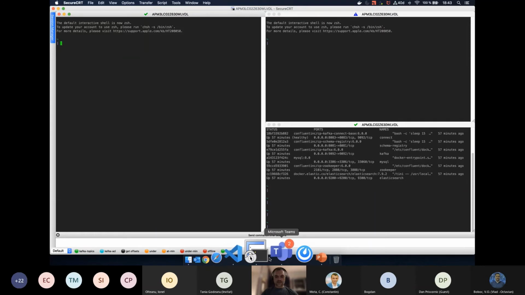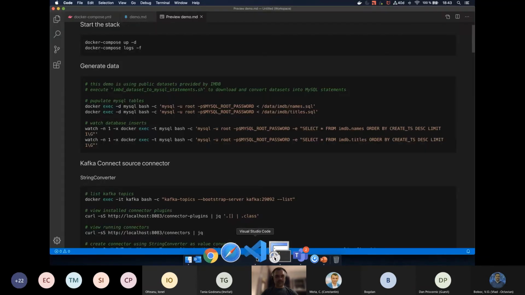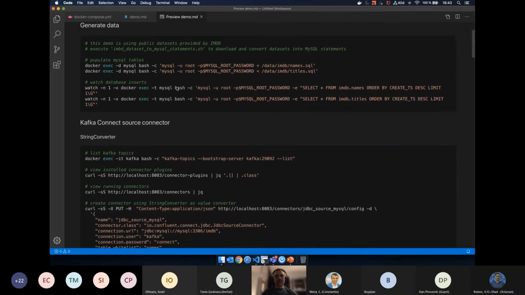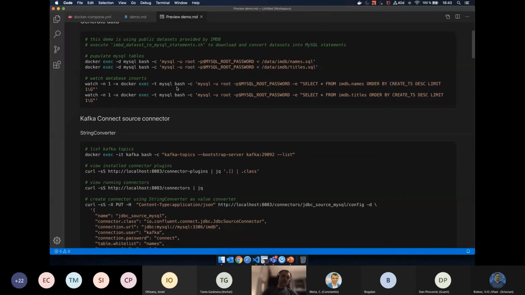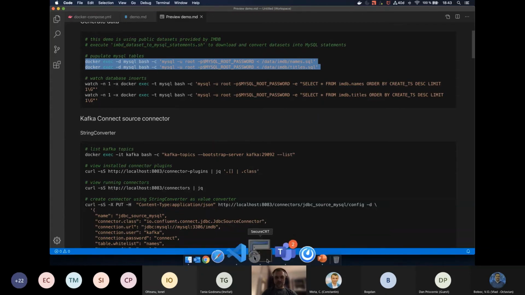For the purpose of this demo, I am using a public dataset provided by IMDb. I have transformed that public data set into MySQL statements, which allows me to populate the databases.